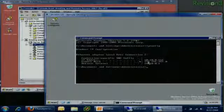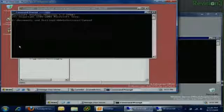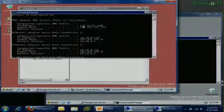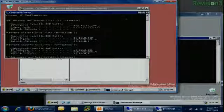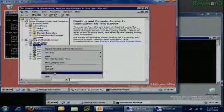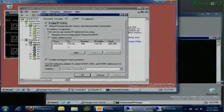Oh, great. Well, so pretend this 10.10.0 is actually the 192 that I am loathing, and we're going to realize that we don't have a lot to work with here. We need to get both of these on that new shiny happy network, and if we take a look at the VPN server, you can see that I've already set up part of that with the VPN server, and that is the 172.16.85.100. That address is there because we've actually set up this VPN server to give out a static address pool